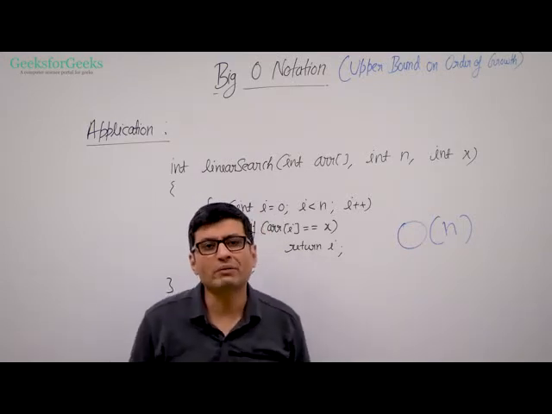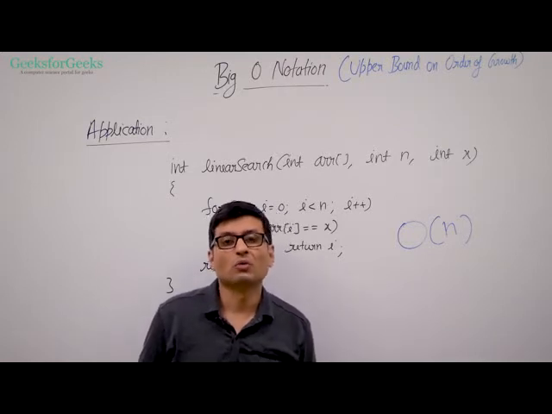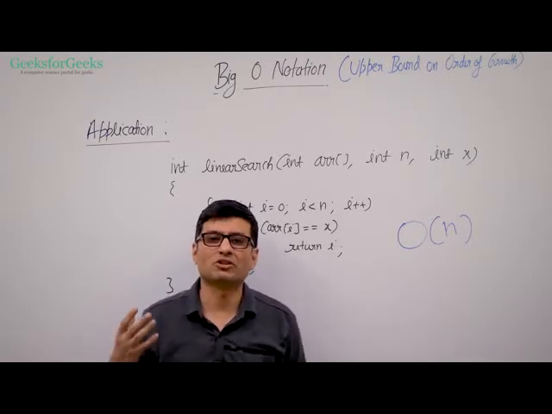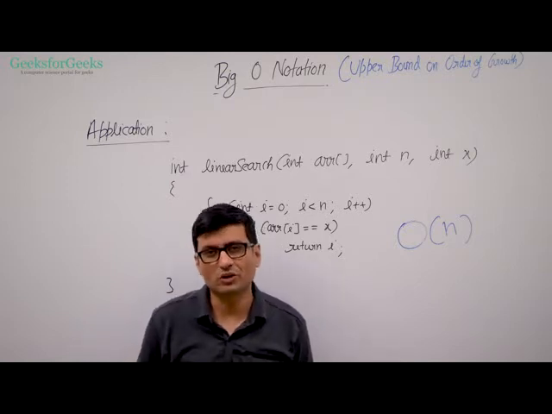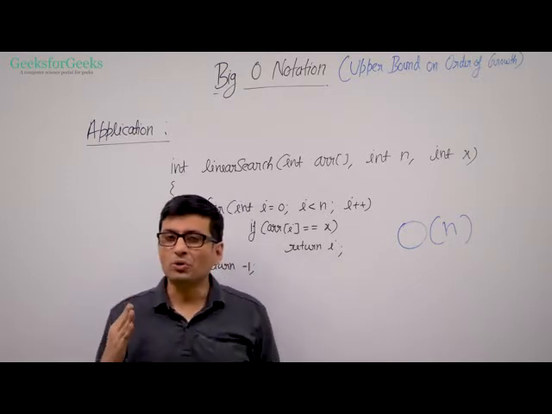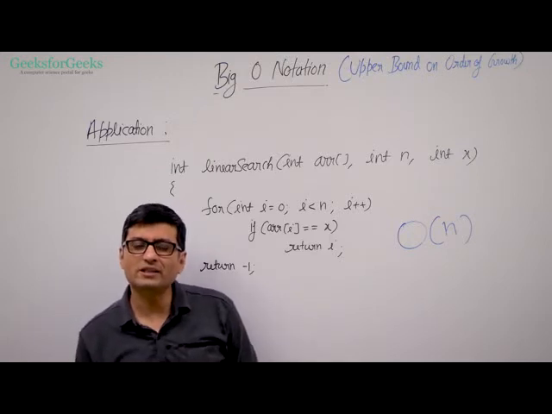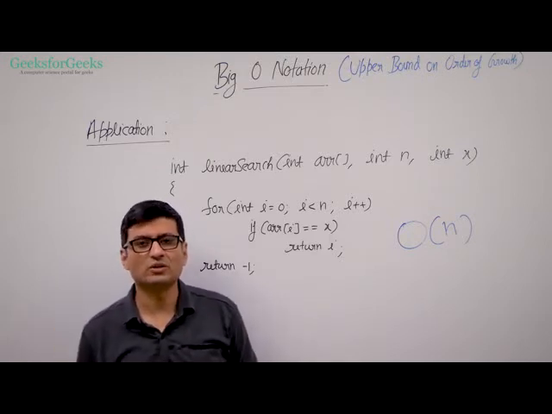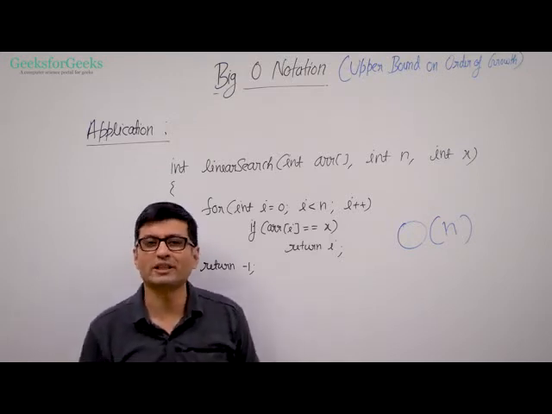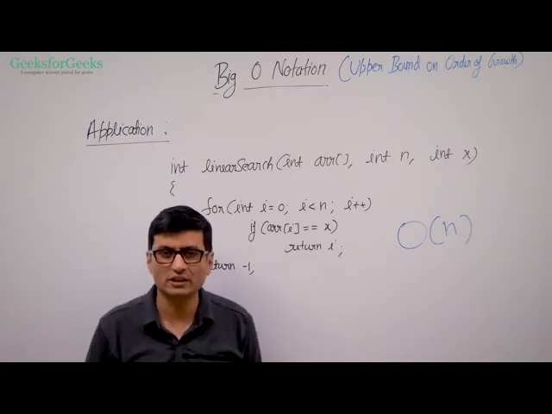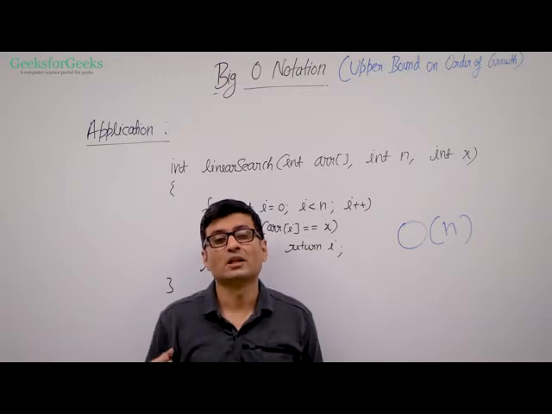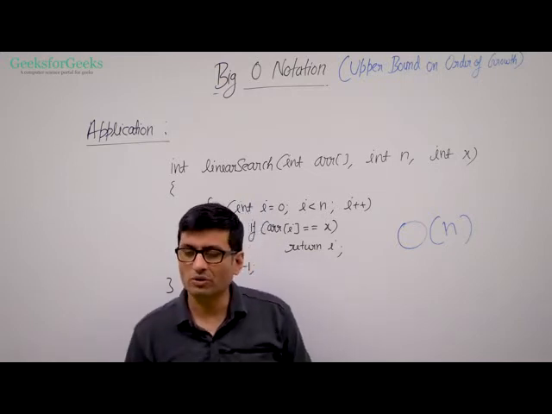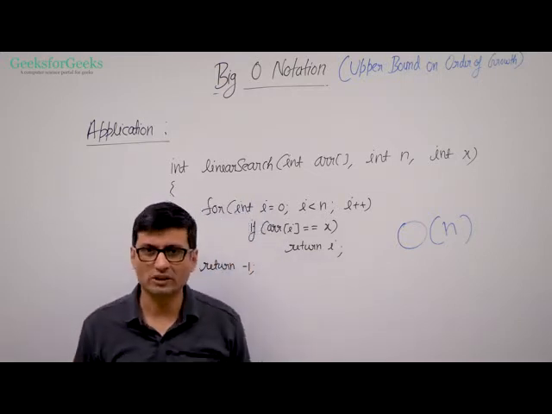In general, when we talk about algorithms, we are mostly concerned about the worst case. We've talked about it. Worst case is the most important case we talk about. So what you do in general, you analyze the algorithm in the worst case. You do not care how much time it takes in the best case or average case. You just find out the order of growth in the worst case. You put that order of growth in big O notation, and then you say that's the time complexity.